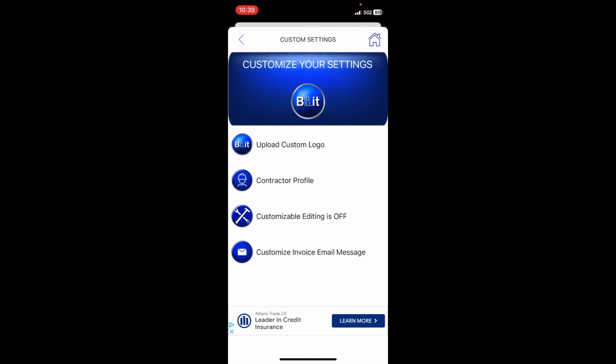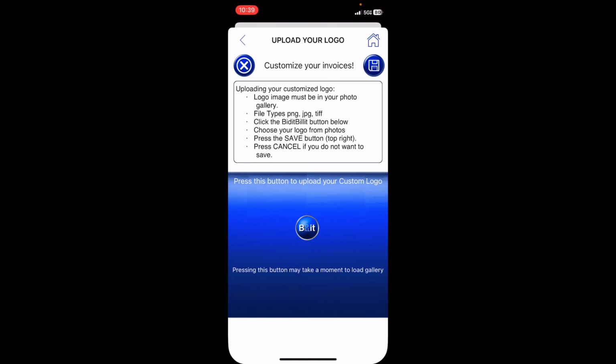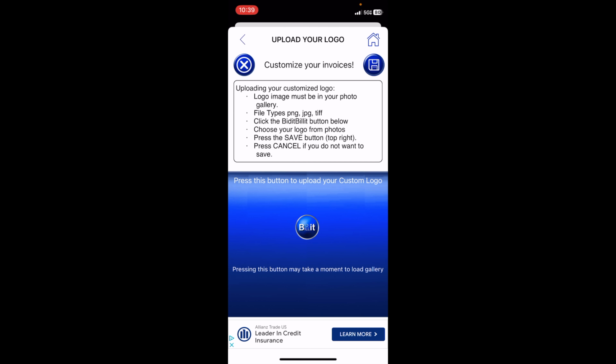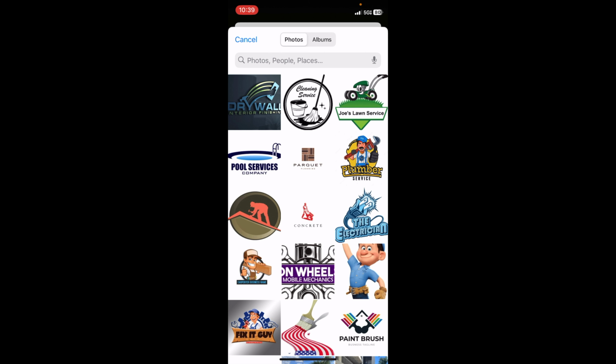Okay, let's go back, upper left-hand corner. Next, if you have your own custom logo for your company, you can change that right here. The default is BiditBillit, my company. But simply click on the BiditBillit logo at the bottom. It will immediately bring up your photos. The first time, I believe, it asks you to access your photos. Then go find your logo, any JPEG or PNG file, maybe even a TIFF, I believe, will work. For our purposes here, let's choose the